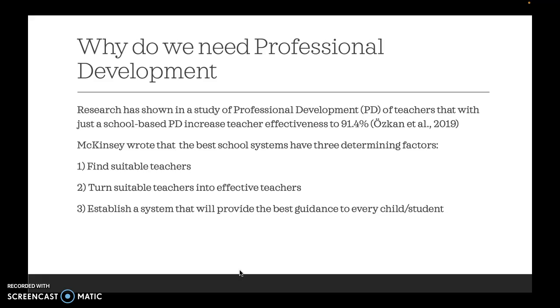The next is to establish a system that will provide the best guidance to every child and student. This is basically them saying the longevity. By creating better people, teachers, giving them the tools that they need to be effective, we can then go on and use that for each generation of new teachers to come.